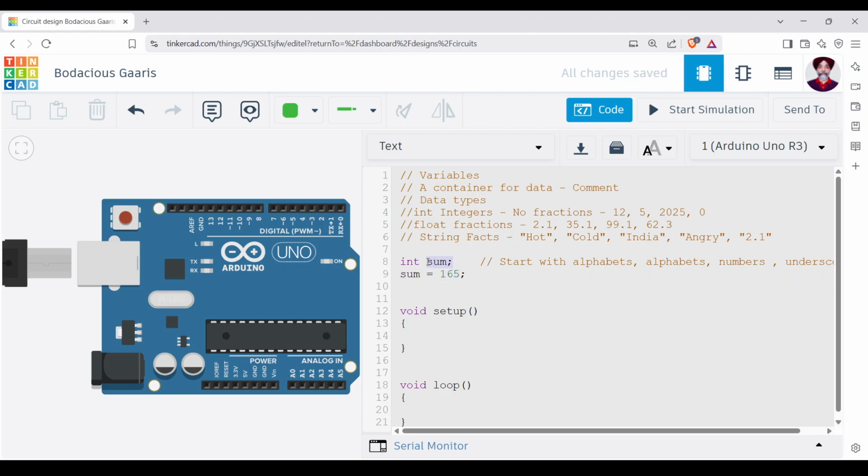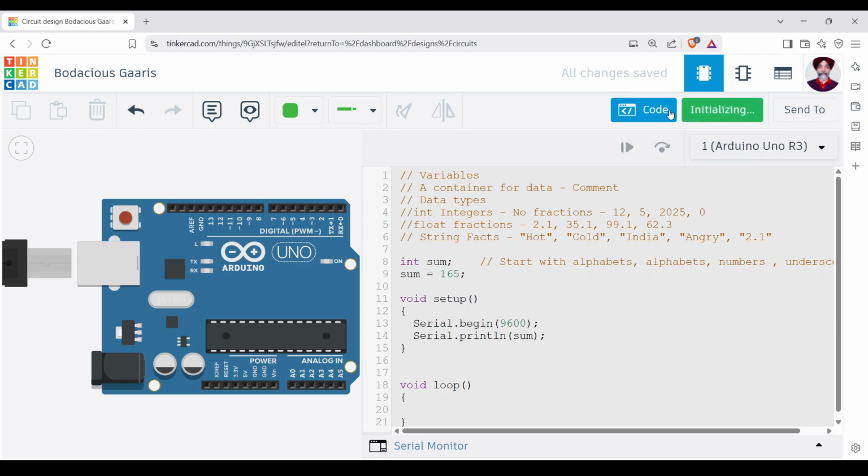So what did I actually write now? In line number 8, I created a variable called sum, which is supposed to store ints. And in the next statement, I have assigned the value 165 to sum. So if I display the value of sum, what is it going to display? Serial dot println. You know that I need to start serial communication also. Begin 9600. So if I run this program, what is it going to display? Because the sum has value of